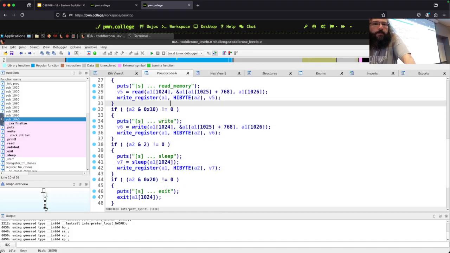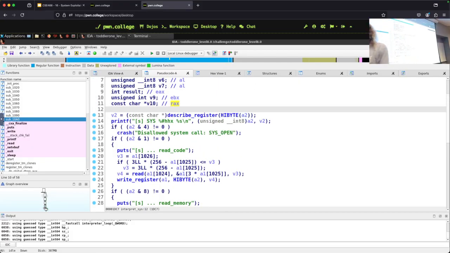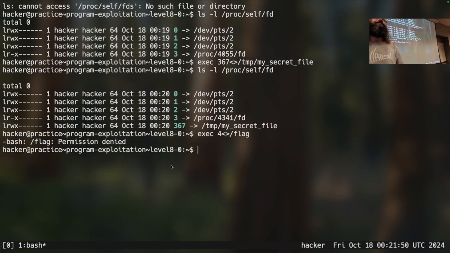Yes. The question is, are file descriptors a global thing? The answer is no. We can poke a little more at this when we get into the kernel. File descriptors are literally just numbers, right? Every running process has inside the kernel something called a task struct. You don't have to know what this thing looks like. It's just a whole bunch of information the kernel has on a process. One of the things on this task struct is a list of open file descriptors, a mapping of what number goes to what file.